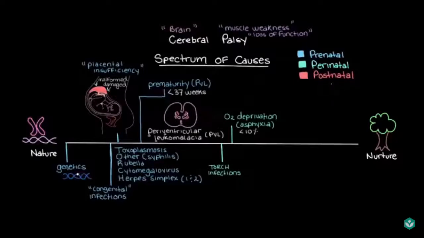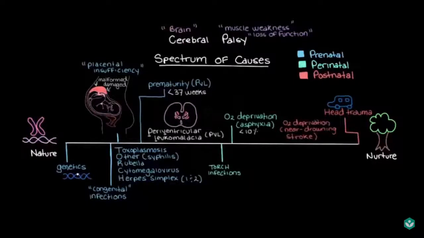So now let's go on and look at events that can happen during the postnatal period. And remember, here we're referring to the period after birth up until the first few years of age. And now we can jump all the way over here to the nurture end of our spectrum of causes. So here we've got things like head trauma, so maybe the baby's brain was damaged during a car accident, or maybe they had a near drowning experience and that deprived them of oxygen, and this damaged the brain. Because remember that our brain tissues really rely on oxygen in order to stay nice and healthy. And on that note, we can put down stroke as another cause. This is another event that reduces oxygen flow to the brain, which can damage those developing movement centers.